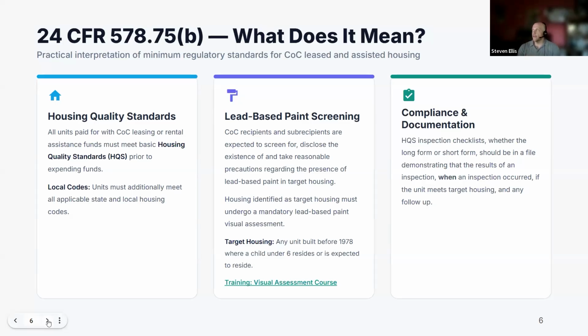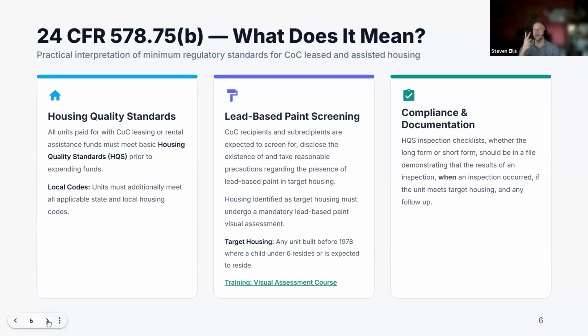And for that compliance or documentation, once again, make sure you have something in the file. Most likely you are using the HQS long form or short form. We'll talk about that in a little more specificity in a bit. But what's important is not just that it's in the file, but that it is clearly and entirely filled out. The vast majority of that checklist is about meeting HQS inspections, but it's also where you demonstrate the date of the inspection so HUD knows when it occurred.